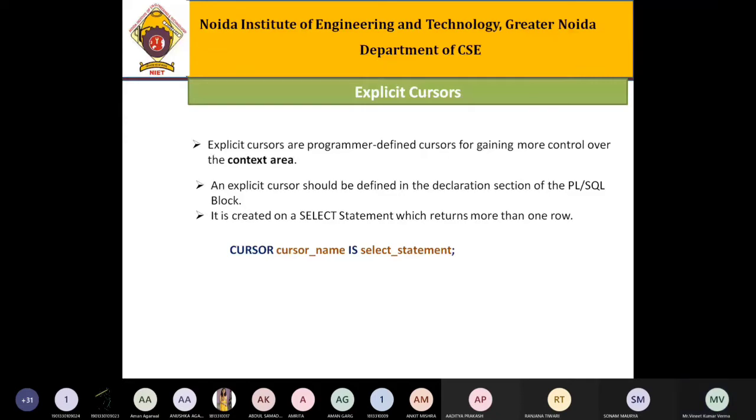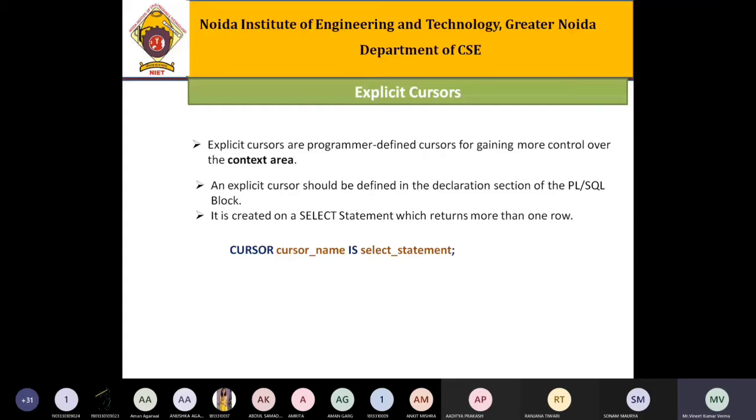So whenever we use the explicit cursor, we must declare it because it is user defined or programmer defined. So we have to create it, like in C programming or a procedural programming language, you just create the pointer variable, right? To define what is the type of that pointer variable, what the address occupied by that pointer variable is, you also assign it, right?